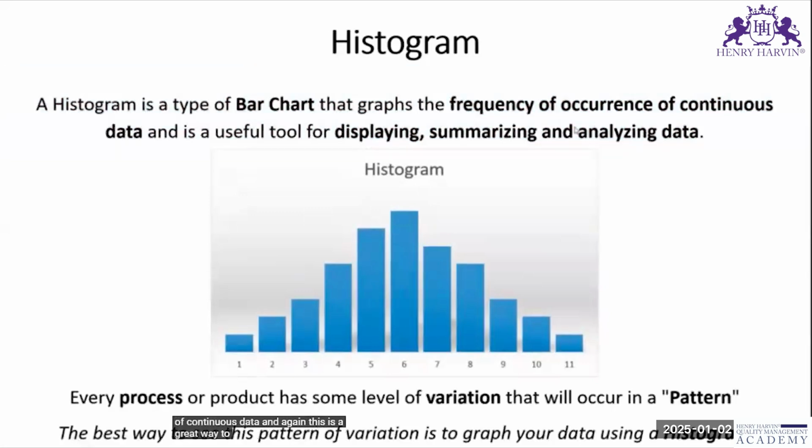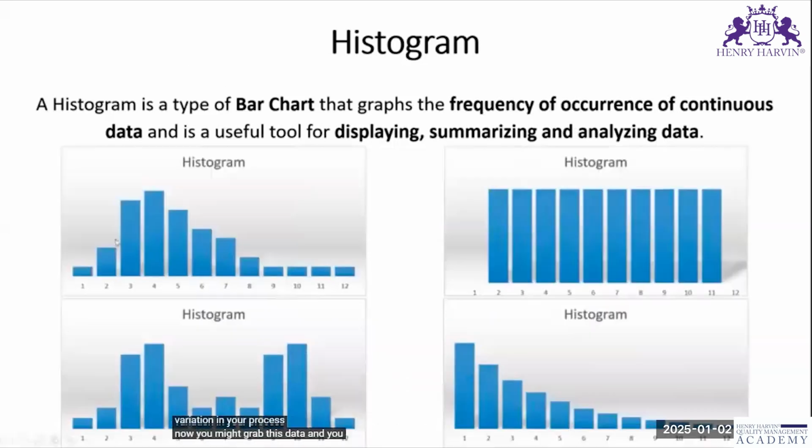And again, this is a great way to talk about your process. Every process or every product or every quality attribute out there has some level of random normal variation that will often occur in a pattern. And as engineers, we need to understand what is the pattern associated with our outputs or our process. And a histogram is a great way to understand the pattern or the variation in your process. Now, you might grab this data and you might get a skewed distribution or maybe a bimodal distribution or an exponential distribution. There's all sorts of distributions you might get, but